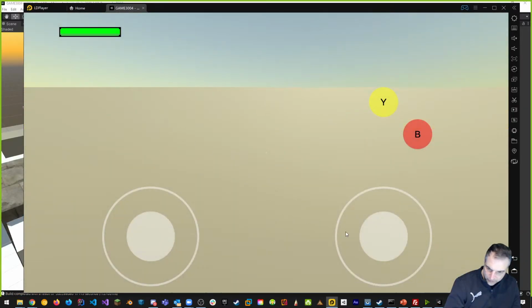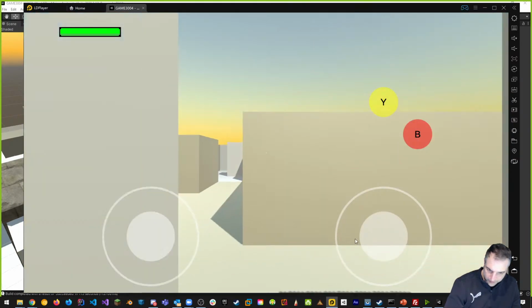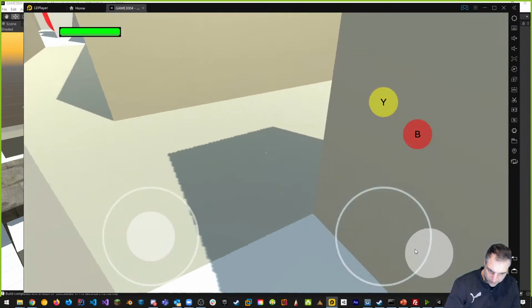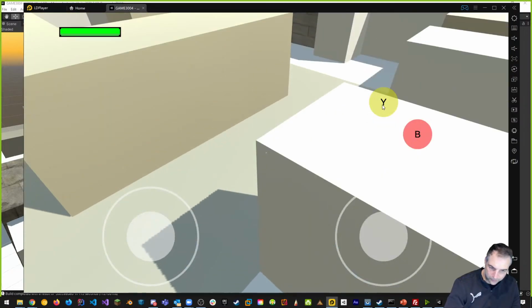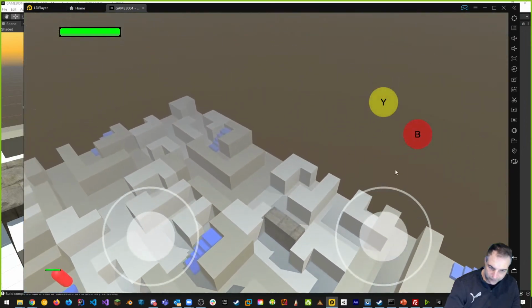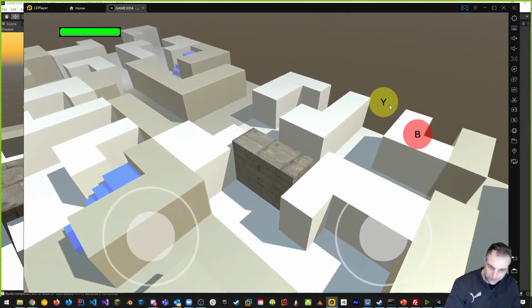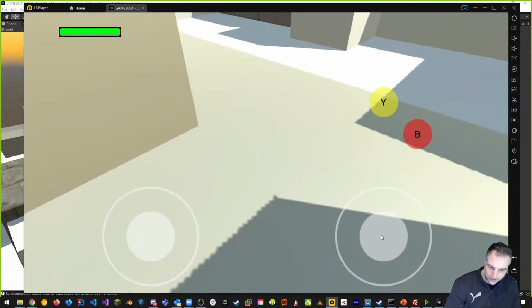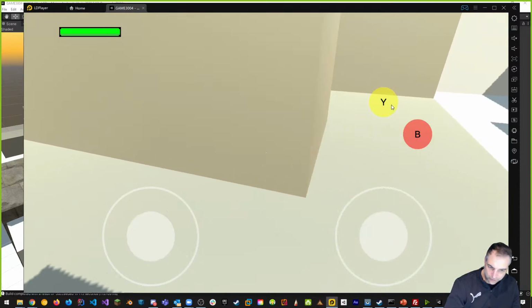All right, so let's take a look. So right now we have this. We can move forward and back. We can look up and down, left and right. Shadows are pretty crappy. We can jump, but there's a problem with jumping. It's an infinite jump. No one said anything last time. But the reason why it's an infinite jump is because I removed the requirement for you to do